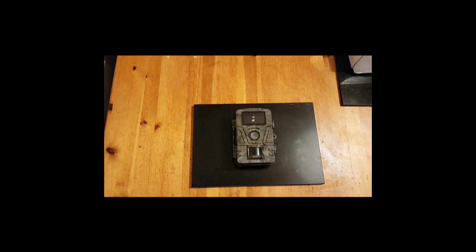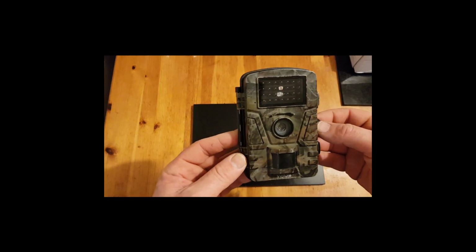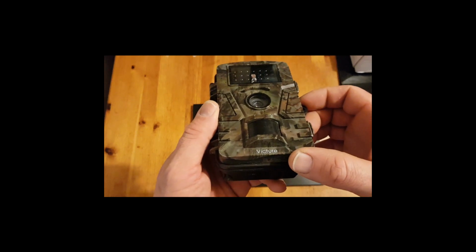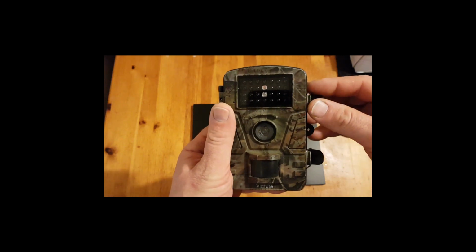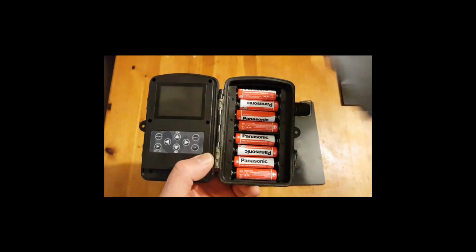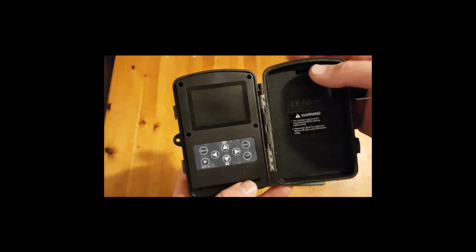These are wildlife cameras, action cams, trail cams, whatever you want to call them. They are great little bits of kit, and these actually work really, really well. These are the Amazon ones made by Victor, and they work very well up until the batteries start to lose a small amount of power. So it's got a battery compartment and it takes 8 batteries in there. As soon as those batteries start to lose a little bit of power,